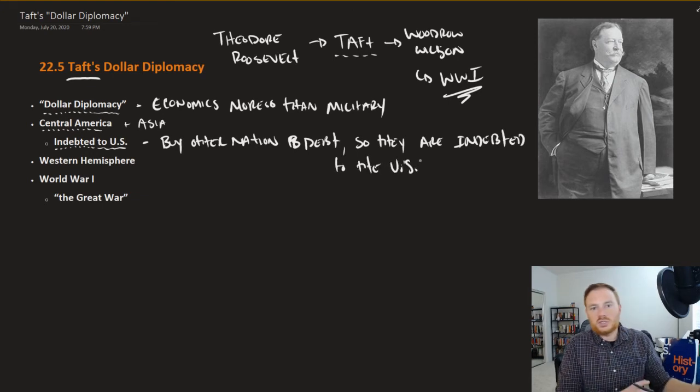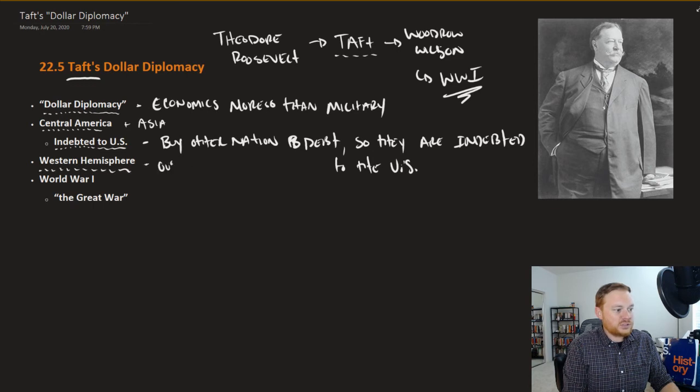And so once those nations, like those nations in Central America, are now in debt to the U.S., because the U.S. controls those debts, it can further control those nations, as opposed to, let's say, that nation owing money to Germany, owing money to France, owing money to Great Britain. It's also a way to get rid of that influence and only have more American influence. This was successful in the Western Hemisphere, right?